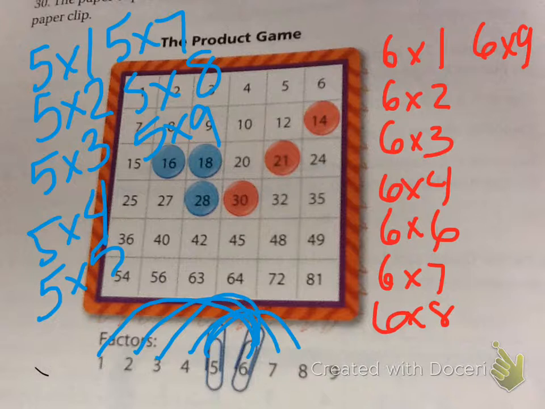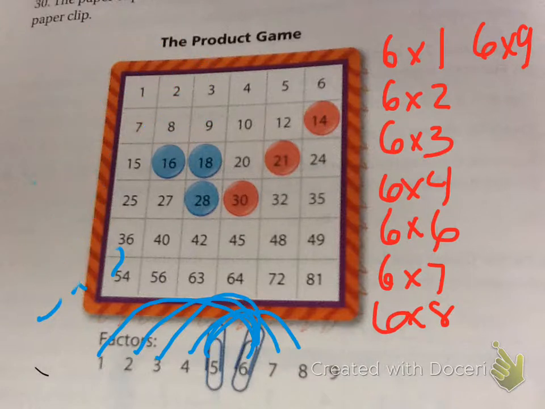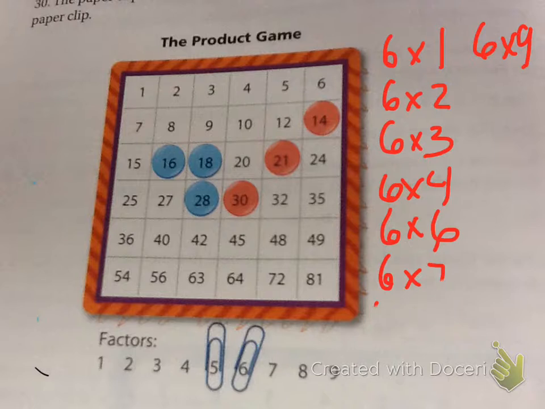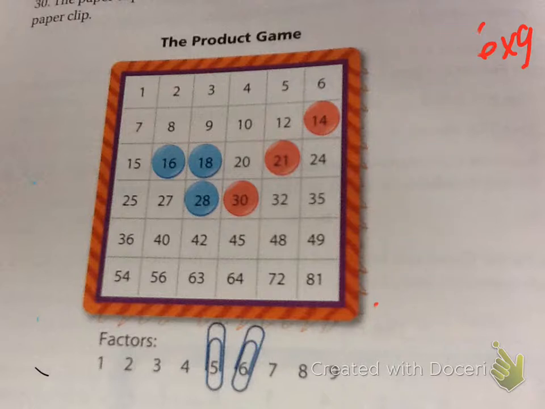So it says, which move or moves would give Dwayne 3 markers in a row? So I erase this. Let's think. Where would he get 3 in a row? So if my paper clips are still at 5 and 6, Dwayne has the blue markers. He's going to want to get either 15, 20. So he's going to move the 6 to either 3 to get 3 times 5, which he could have this